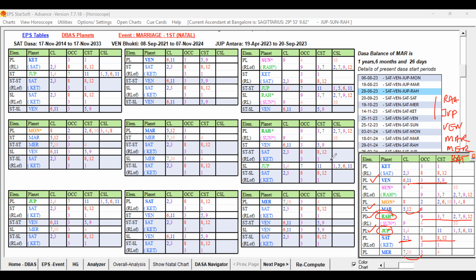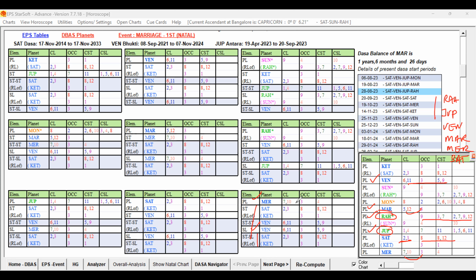Seventh Lord. Seventh Lord is Mercury. Mercury in the star of Saturn, all are blue only, no red. That Moon is not playing a role. That way it is good. So Mercury in the star of Saturn, the sub level is Venus, again the sub-sub level is Venus. Venus is better. And again Saturn is coming. So that seventh lord in the star and sub of these planets, it is supportive.